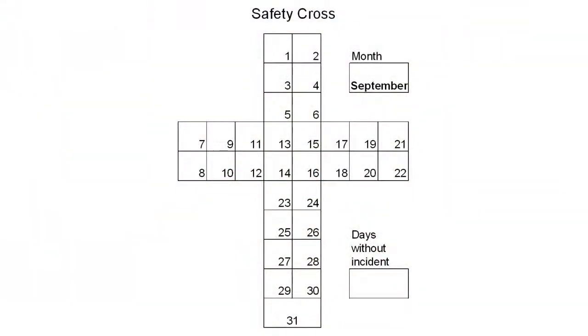And since safety should always be in the forefront of all we do, let's look at what we call a safety cross. A safety cross is a visual tool that tracks when and how frequently accidents occur. In this example, we see that days with no accidents are shaded in green, and when an accident occurs, we color that day in red. And according to what we see here, this company has gone 16 days without an accident. Now, the cross shape is not mandatory, but it is often used as it symbolizes safety. And we're providing a free safety cross template in the download section, so feel free to download and use it